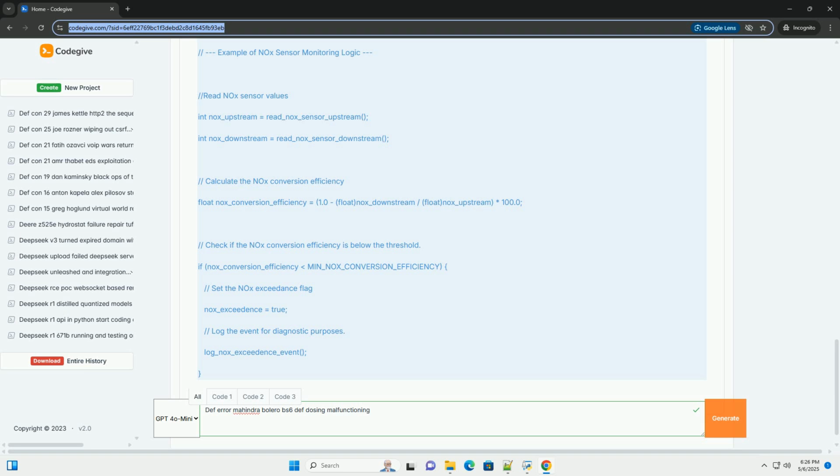DEF injector (doser): atomizes the DEF into a fine spray and injects it into the exhaust stream before the SCR catalyst. Precise dosing is critical. SCR catalyst: a honeycomb-like structure coated with a catalyst material, usually a combination of vanadium, titanium, and tungsten oxides. The injected DEF reacts with NOx in the presence of the catalyst to convert it into nitrogen and water, which